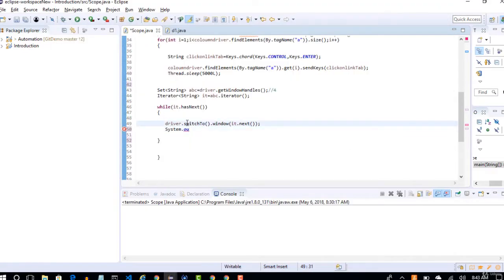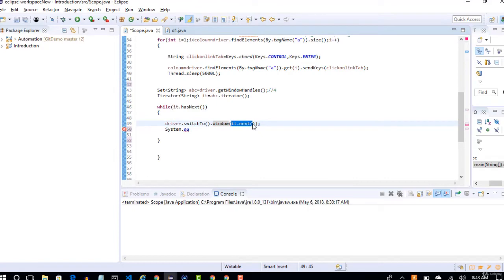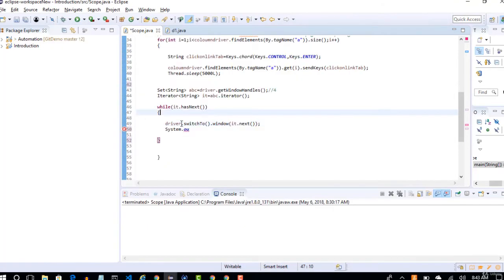So when the loop continues again, it checks if it.hasNext, is another window present in that iterator? Yes, it's present. Then it goes inside and does it.next. That means this iterator will move to the second index. As we are again asking to switch our window to the second index, it successfully does that, and whatever you write here prints in your output.